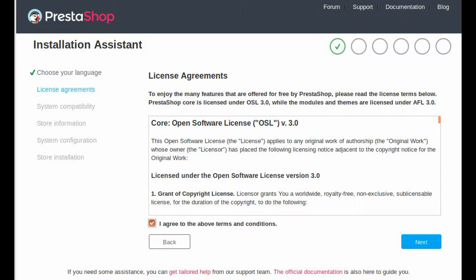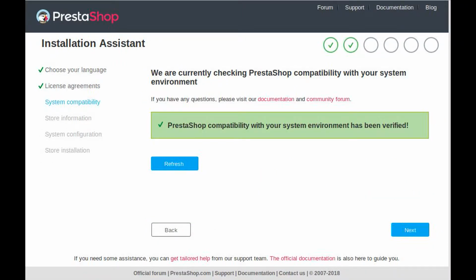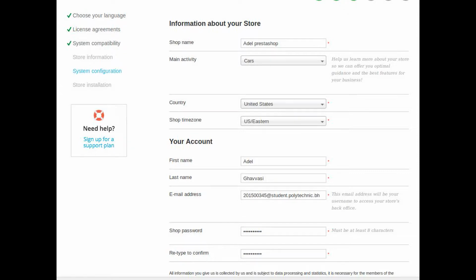Press next, and after that agree the terms and press next, and after that this page will appear and you should press next, and after that you should configure